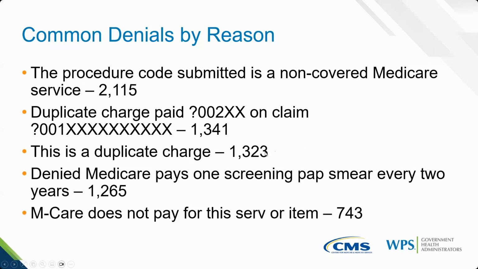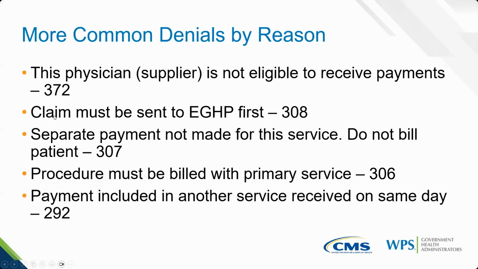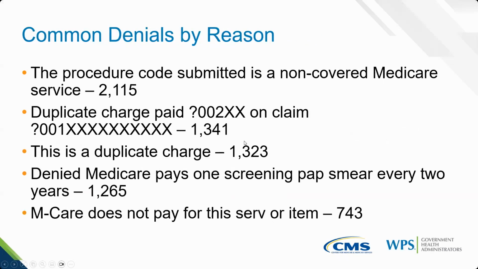Let's take a look at the next two common denials, and this is similar to every other specialty out there, folks. We receive and deny claims every single day for duplicates. Could be a duplicate charge. Maybe it's a duplicate charge we already paid on another day, on another claim ICN. That's what that second one stands for. Look at the numbers. 1,200 or 1,341, 1,323. That's a lot of claims, and that means a lot of money spent needlessly, both by the provider and by Medicare. The provider, of course, to prepare and submit the claim, Medicare to process the claim, only to deny it.